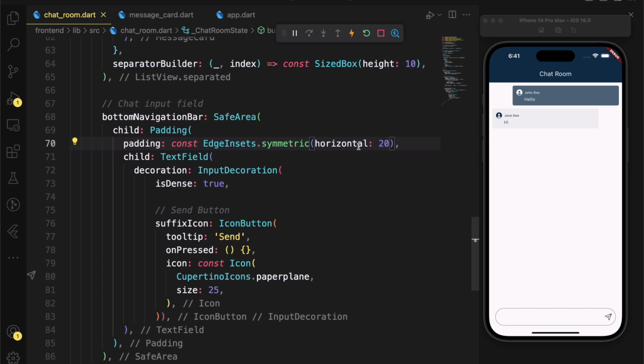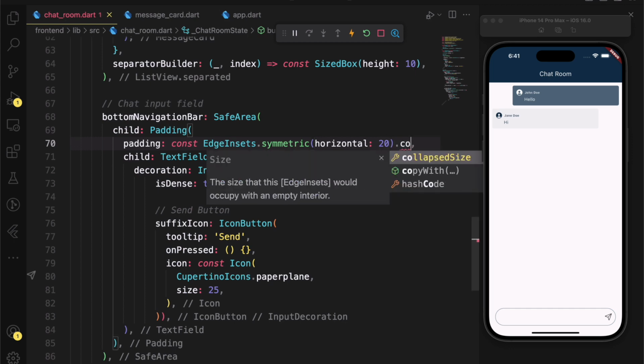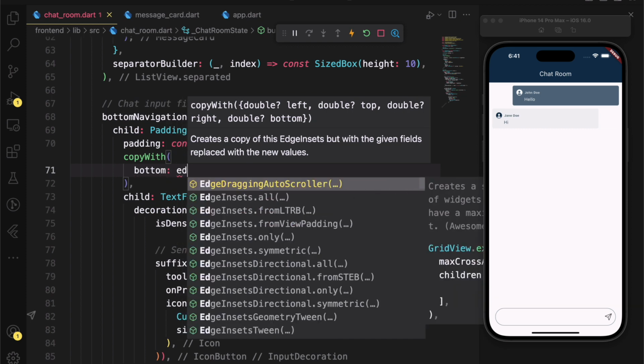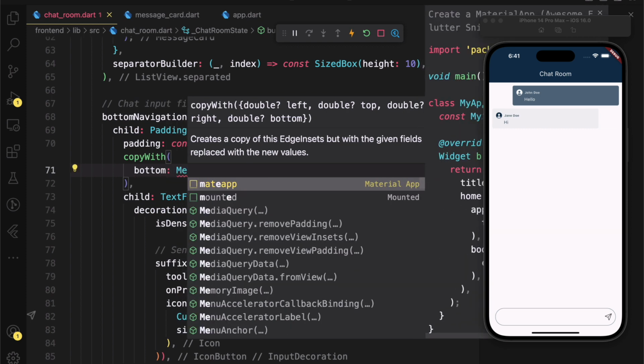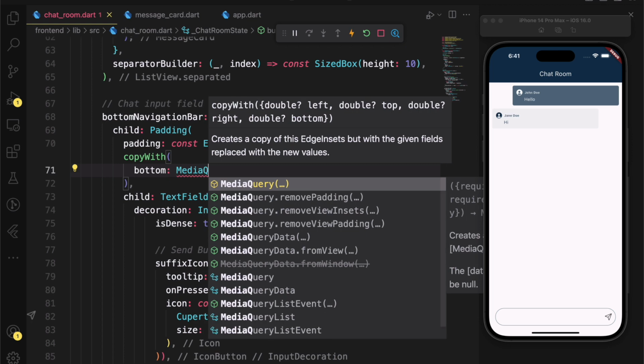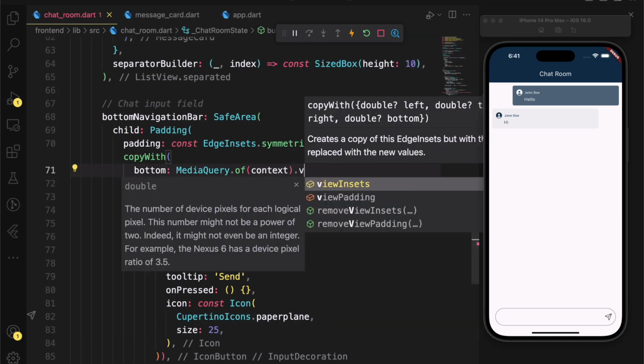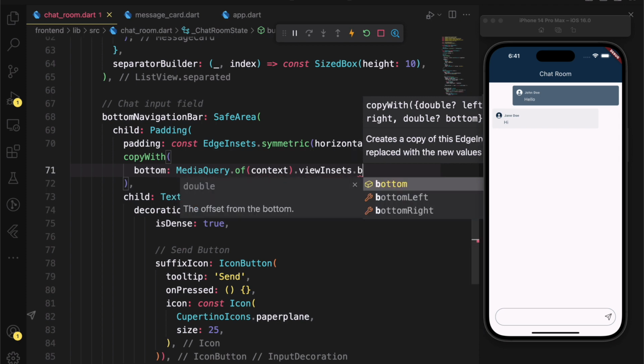Let's go back to the input field. And then where we have the padding, I'm going to copy it with bottom, which is going to have a value of MediaQuery.of(context).viewInsets.bottom.